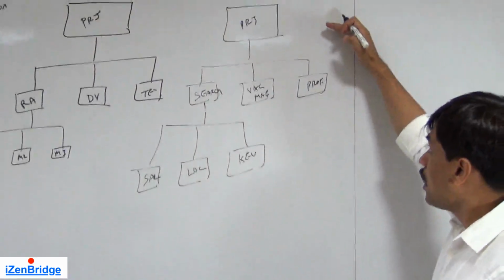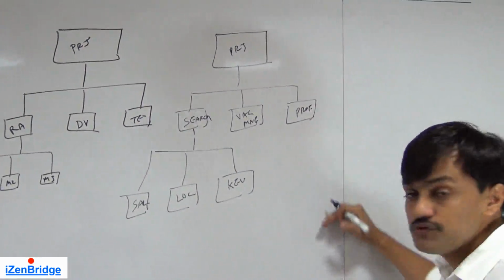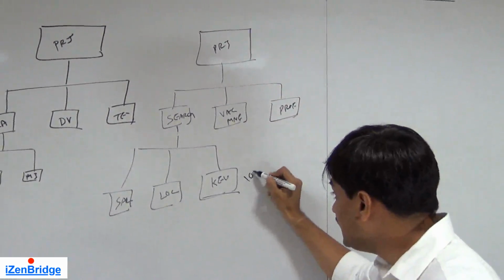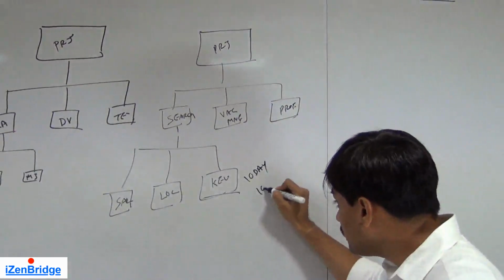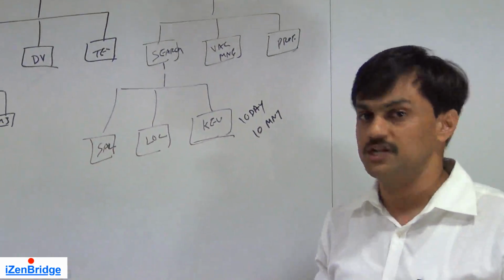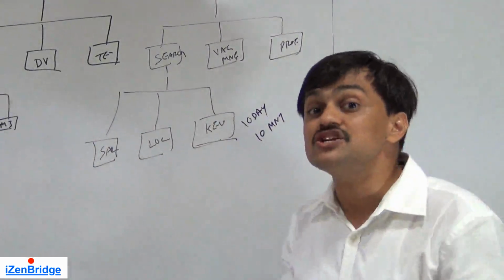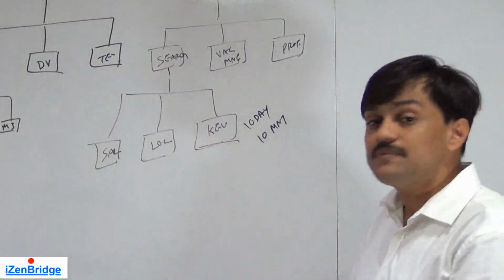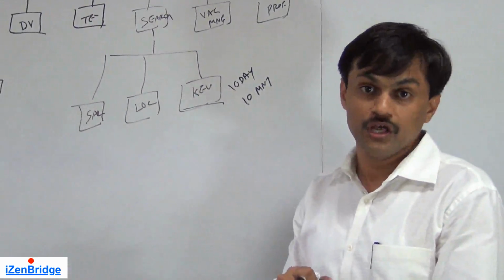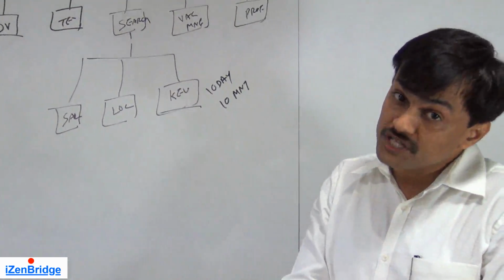Now, how many levels should we have in a work breakdown structure? Should a leaf node end at 10 days of work? Should it end at 10 months of work? How do I decide? You decide by looking at the scope management plan. How do I mention it in the scope management plan? The factors behind it are the complexity of the project, the type of environment you are working in, and the type of control you need in your project.